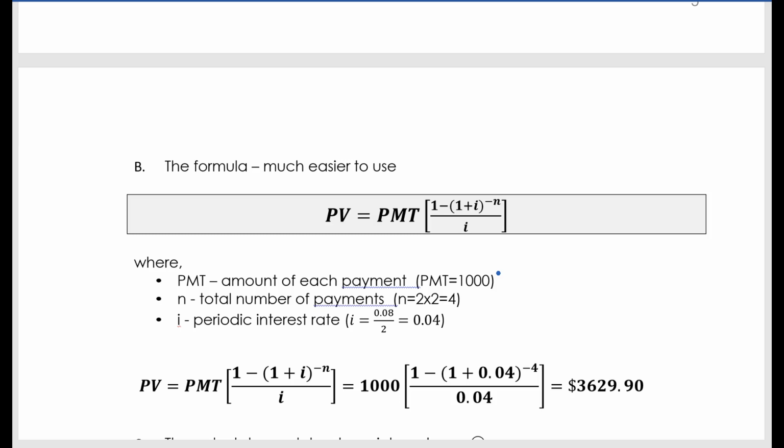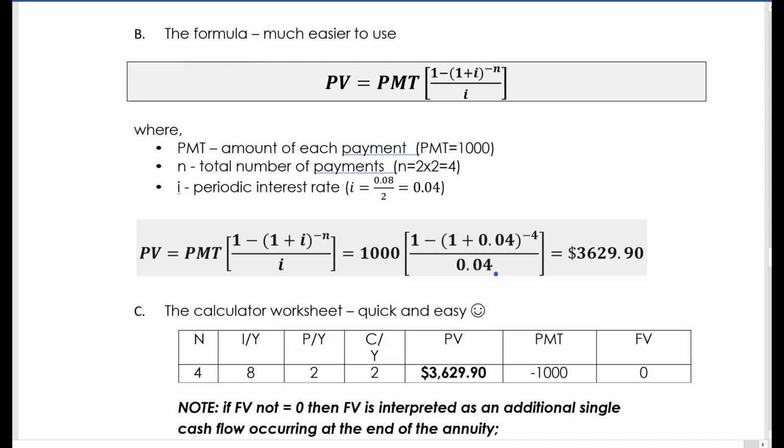So, you're taking what each of those payments is worth at that interest rate. Or you can use your calculator. Again, we had N equals 4, IY was 8%. PY is 2 because it's paid twice a year, compounding. Your payment, you're paying $1,000, so put in payment negative 1,000. Future value is 0 because you're trying to find out what the current value is, and you compute